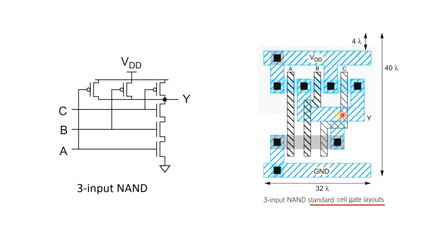Well, you remember, this is the P diffusion, this is the N diffusion. Okay, these are the three polysilicon lines, polysilicon line A, polysilicon line B, polysilicon line C. Where these polysilicon lines cross the diffusion lines, one transistor will form. So this is transistor A, PMOS, transistor B, PMOS, transistor C, PMOS. Here transistor C, NMOS, transistor B, NMOS, transistor A, NMOS.